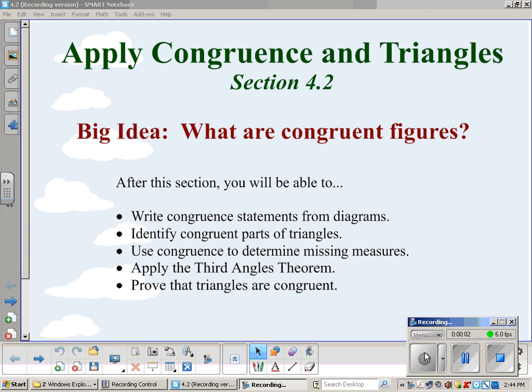Welcome to section 4.2. This is where we're going to apply congruence in triangles. The big idea for today's lesson is: what are congruent figures? So what we're going to do during this section is we're going to learn how to write congruent statements from